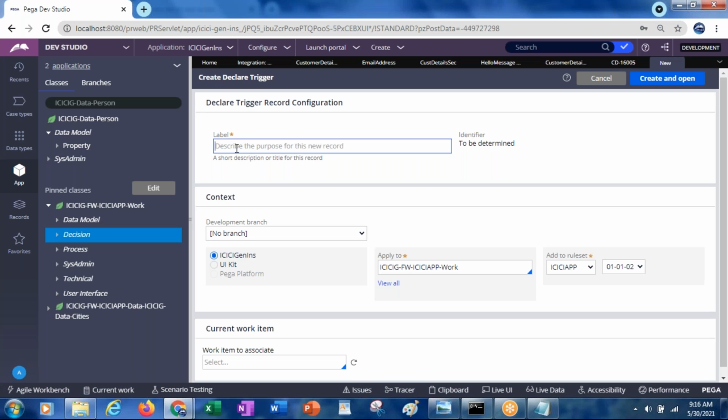Purpose of this: notify customer. I am creating it like that and keeping the remaining as is.